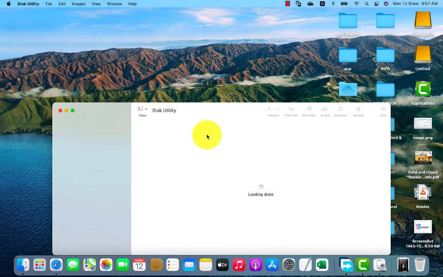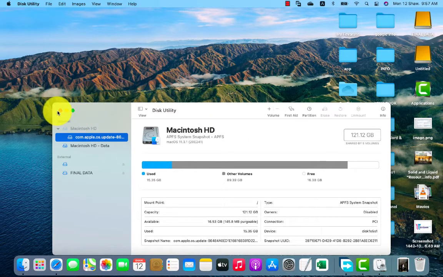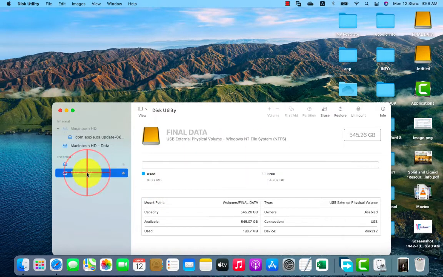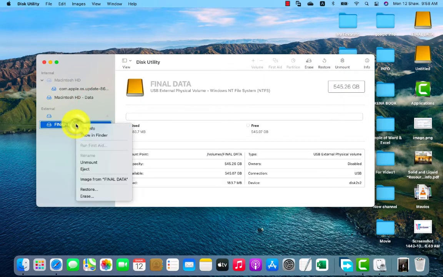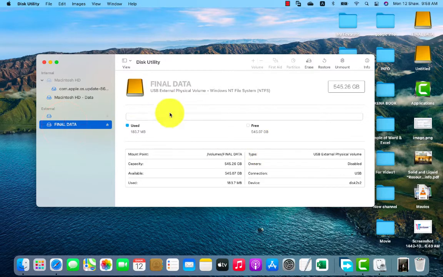After opening Disk Utility, select the external hard drive that you want to fix. I will select my final data hard drive. Now you can see the Erase button in the top corner.